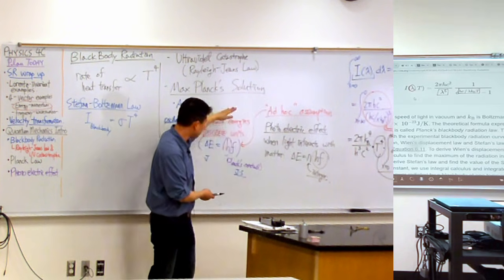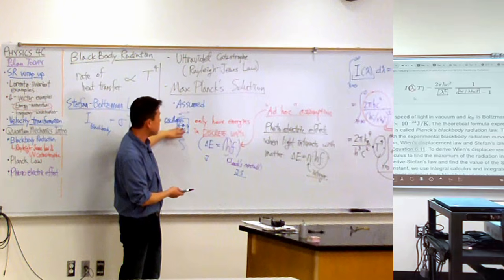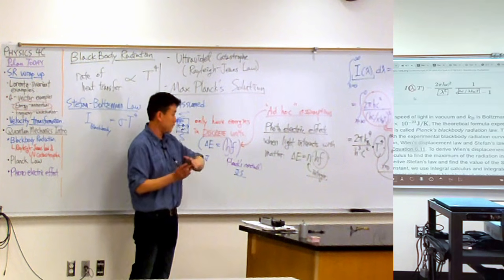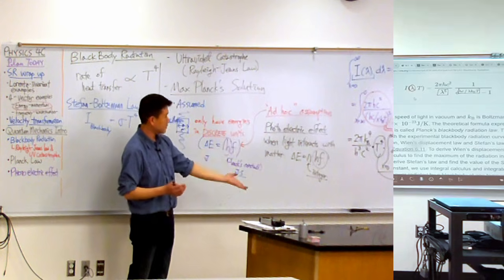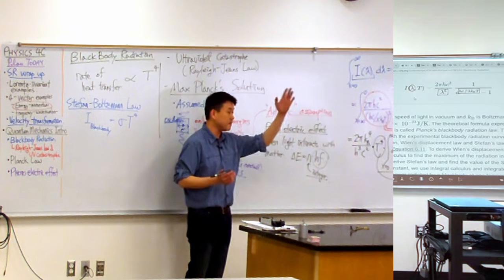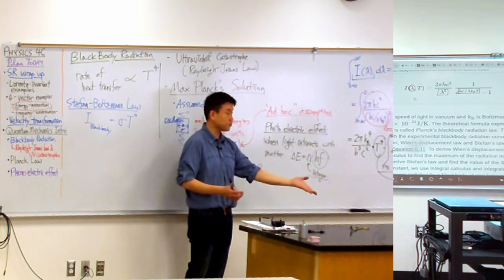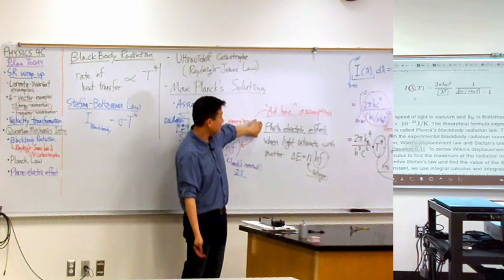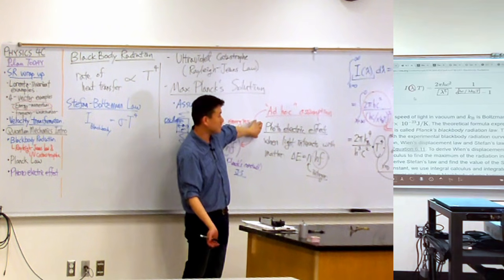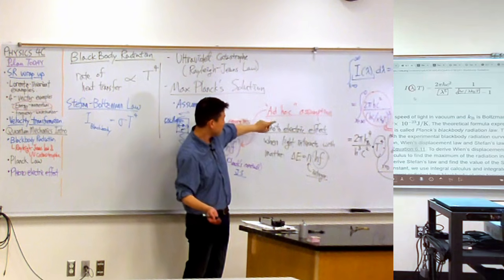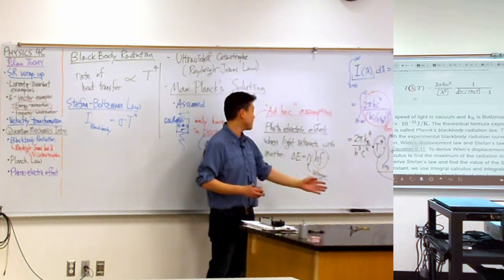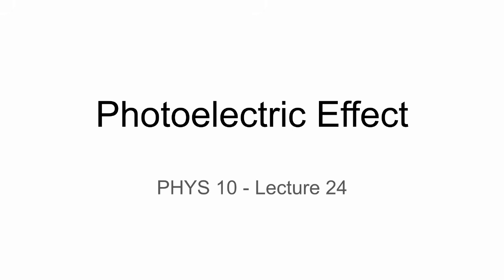Max Planck stopped here. He stopped with oscillators. He didn't try to extend this assumption any further. Einstein took that idea and extended it to things that people thought they understood, to explain an effect that we're going to go into next Thursday. And if there's time next Thursday, we'll talk about the de Broglie hypothesis, where somebody takes this idea and extends it even more, applies it even more generally.